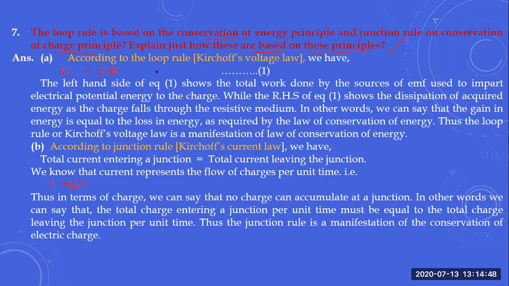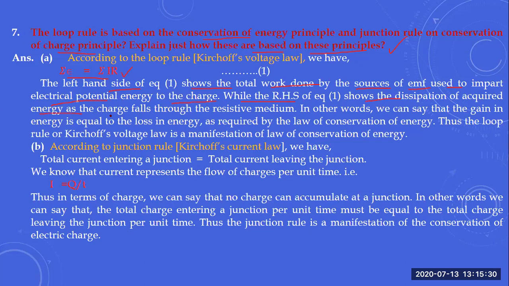If you look at the loop rule by Kirchhoff's law, we have the sum of the EMF equal to the sum of IR. Basically, if you sum up the total potential, that is equal to the EMF. The IR is basically potential. So the left hand side equation shows that the work done by the source of EMF is used to impart electric potential energy to the charge, while the right hand side shows the dissipation of acquired energy as